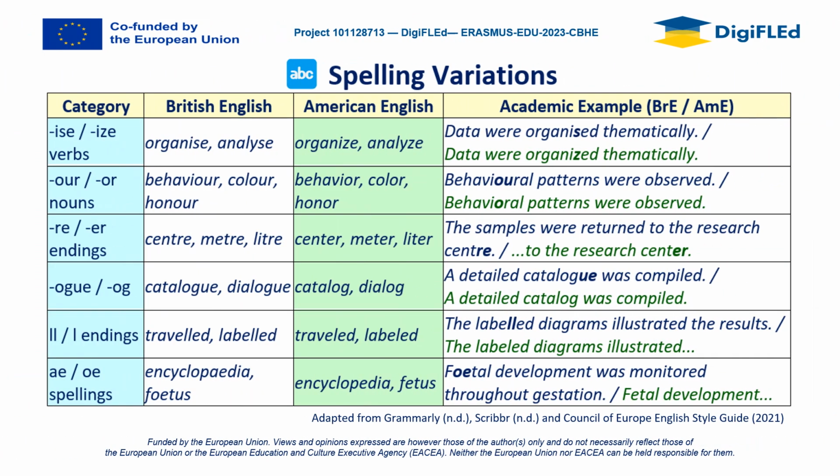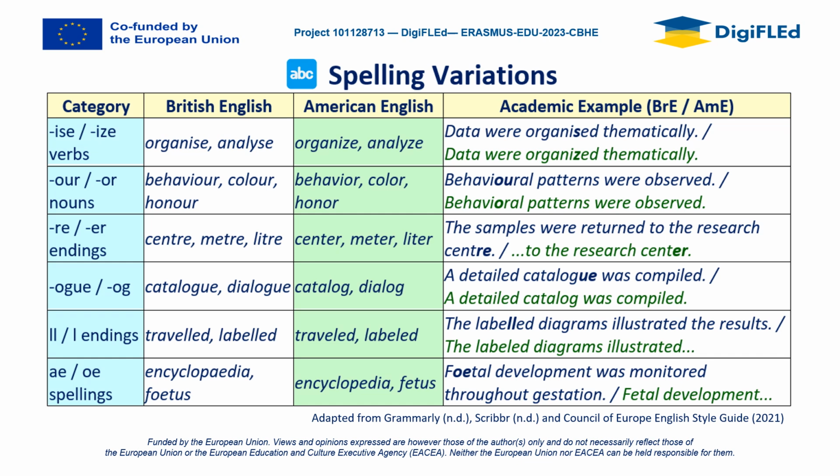First, consider spelling differences. British English favors endings such as -ise in organise and analyse, whereas American English prefers -ize, as in organize and analyze. Similarly, words ending in -our in British English, such as colour and behaviour, omit the U in American English, color and behavior. Other differences include -re versus -er endings, for example centre compared to center, and -ogue versus -og, as